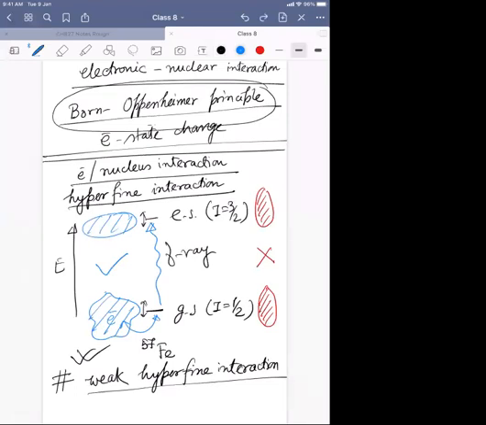The problem one is the magnitude of the interaction between the nucleus and electron. This hyperfine interaction is actually pretty weak. The energy difference you are creating on the nuclear state due to this electronic state change is pretty small. How small? With respect to the change of the ground state to the excited state of the nuclear state, which happens in the region of gamma ray, the energy state it is affecting is very small. It is like 10 to the power 13, 10 to the power 14, that scale, that much of change.